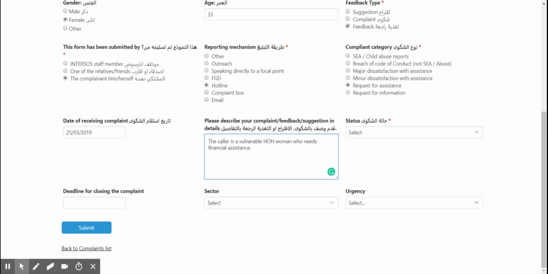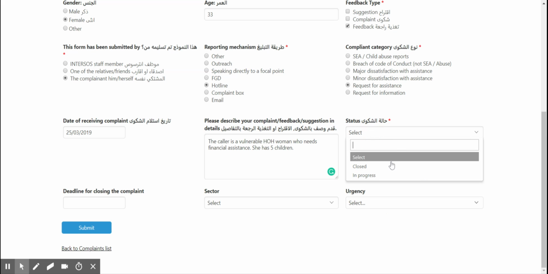Then, for example, I can write some more information. She has 5 children. Then we select this